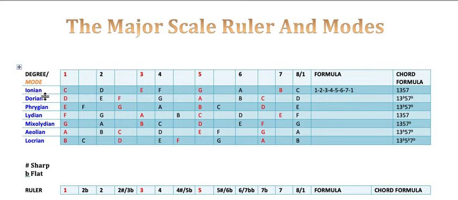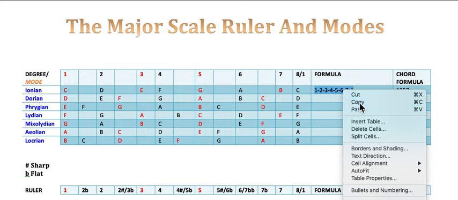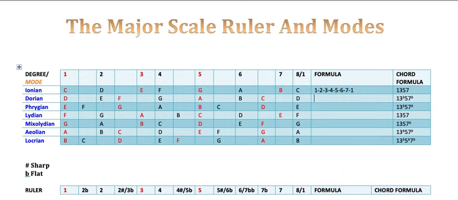Now let's go on to the second mode, which starts from D. If you start the major scale from D, you get D, E, F, G, A, B, C, D. Now you place them according to the intervallic spacing of the alphabet, the letters. So D, E. Let's copy this formula here. Let's copy it. We put it there. We want to create the formula for